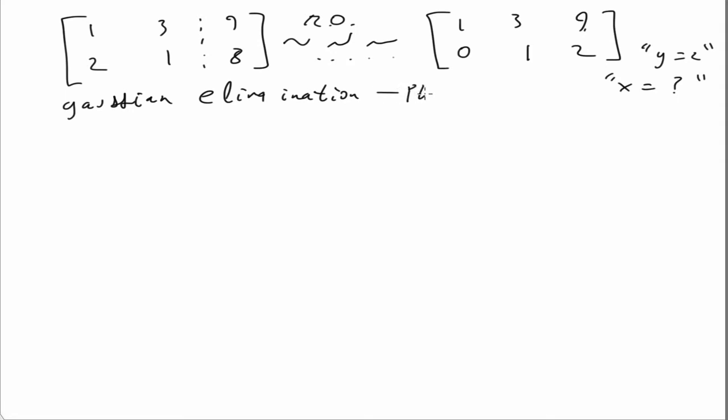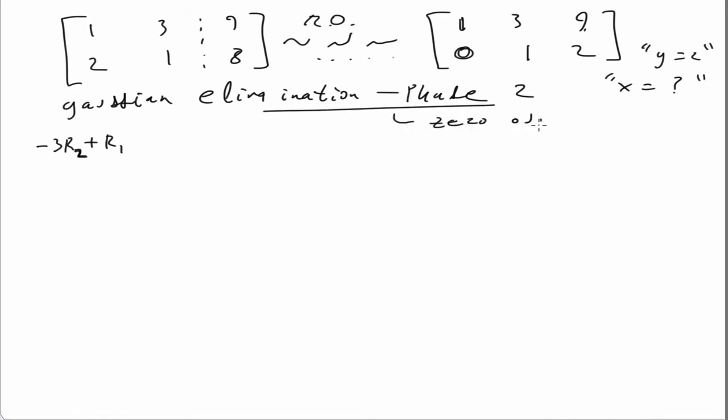What we'll call phase 2 is to now go up. Phase 1 was to get that 0 in that lower point, but now we want to go back up and put a 0 up in the 3 spot, and that should expose what x is. So what we have to do is multiply negative 3 by row 2, add it to row 1, and that will zero out that position there. So, phase 2 is to zero out